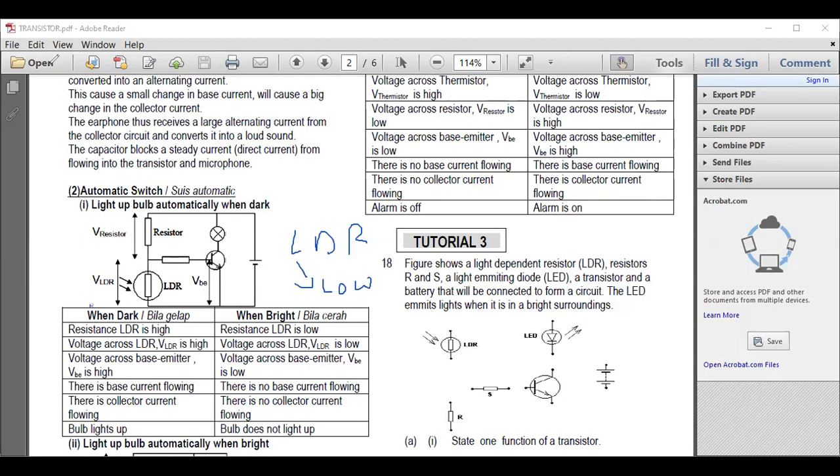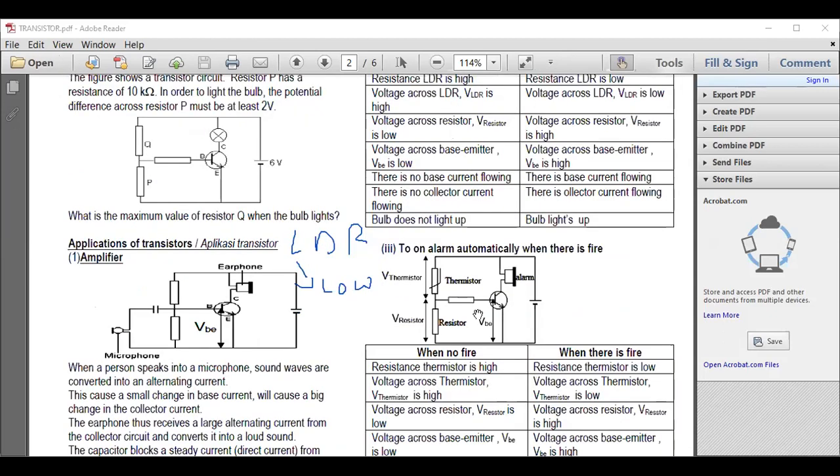Now whereas the thermistor, it starts with the letter T. So T stands for top. So we put it at the top position here. So that's how we remember. So the thermistor is usually on top, LDR usually down. Because LDR we want it to work when dark, whereas thermistor we want it to work when it's hot or higher temperature. Okay. Now the